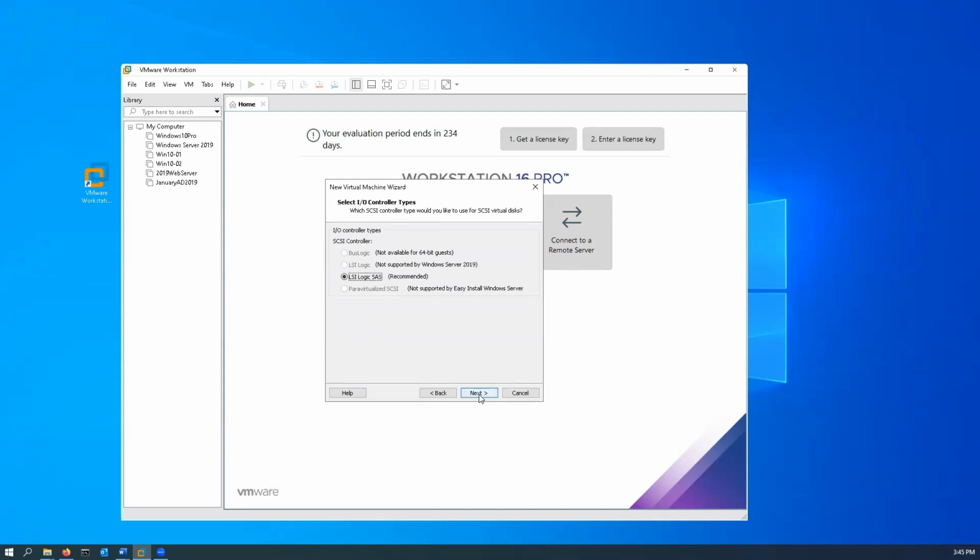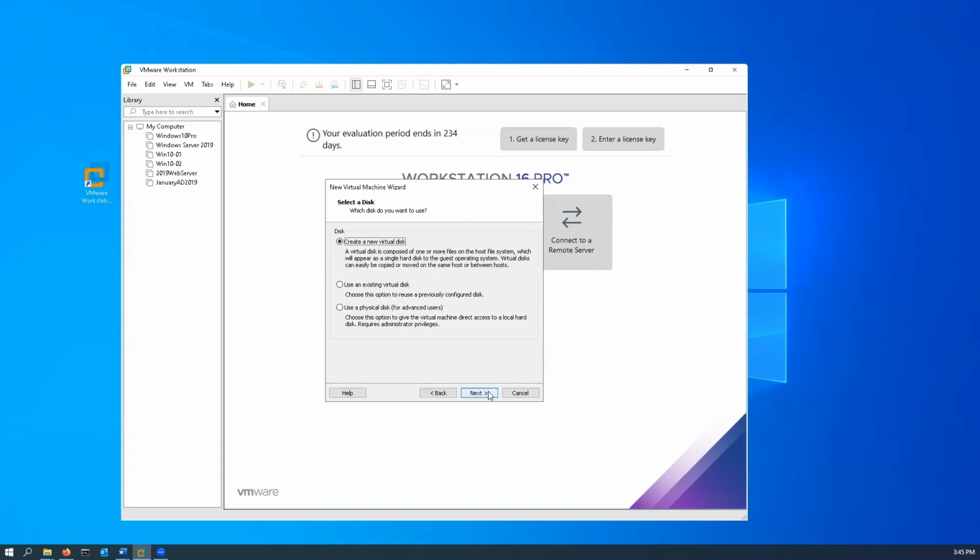We'll click Next on this. We'll leave it with a logical SAS drive and click Next. The disk type, just leave it whatever it's recommended as. In this case, we're using NVMe. And we're going to create a new virtual disk. If we already had a created virtual machine, we would use an existing disk, but because we're building this from an ISO file, we want